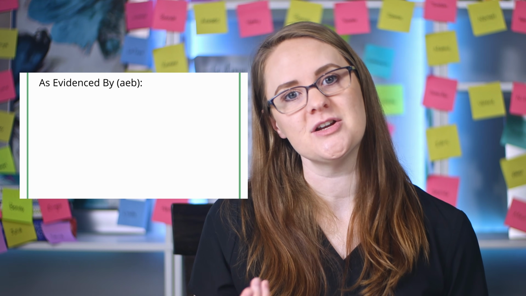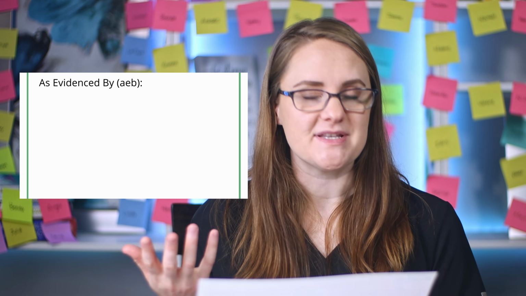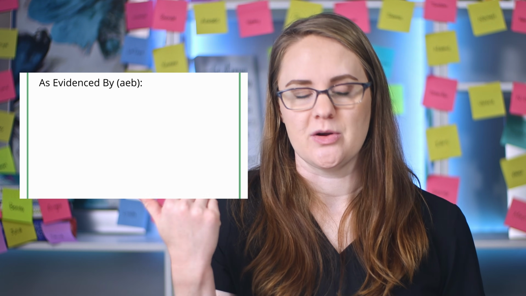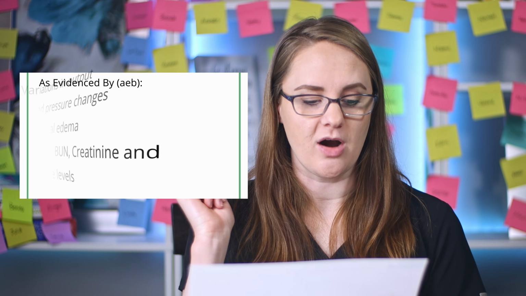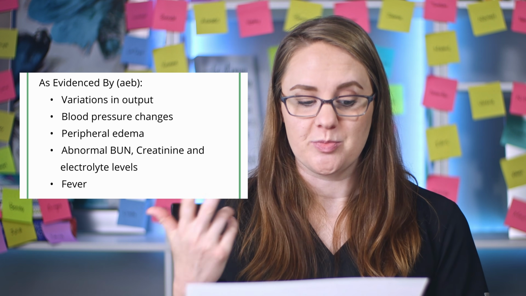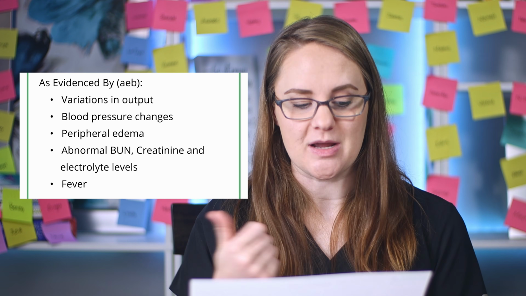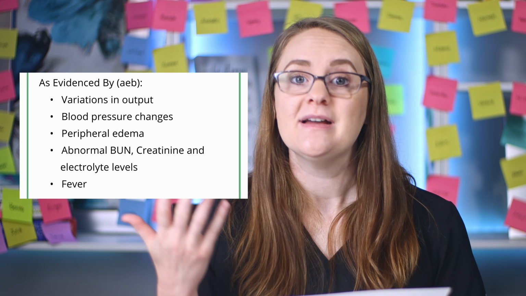So in the case of acute kidney injury, some examples of symptoms that you might see that you could use in your "as evidenced by" section are variations in output, blood pressure changes, peripheral edema, abnormal lab values like BUN, creatinine and electrolyte levels, and a fever. These all have to do directly with what we understand is happening in the body when there is an acute kidney injury, right? The patho behind it. The kidneys aren't functioning properly. Their main job is to filter fluid and waste products out. So when that process isn't working as it should, there can be symptoms that directly impact the fluid and electrolyte